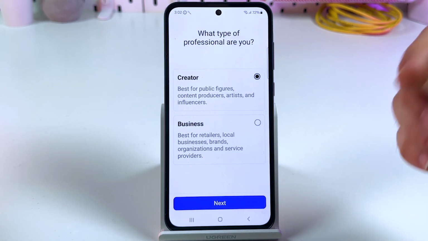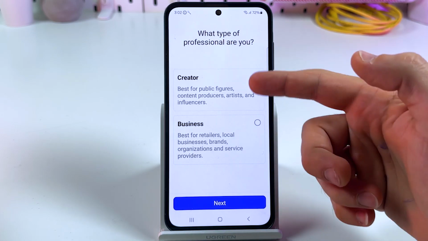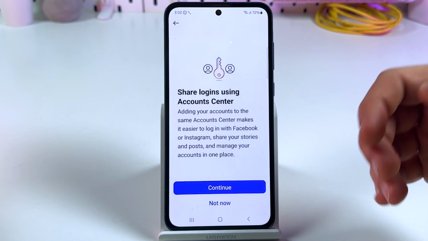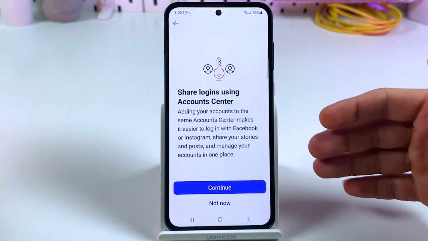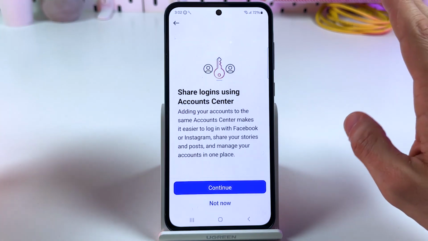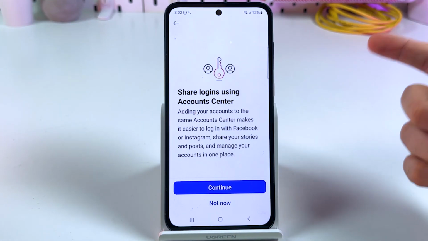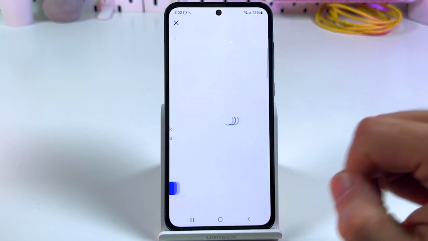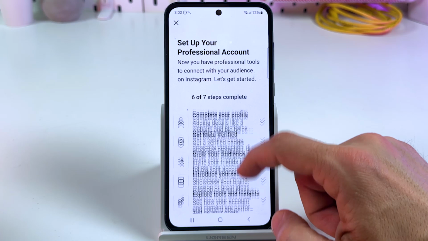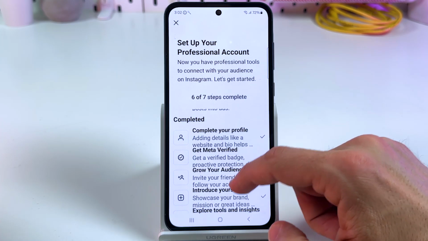And what type of professional are you, creator or business? I am creator so far. Tap on next. If you're using a lot of accounts from the same device, you can unify them to one account center to simplify login process. So I'm tapping not now, and here you can just close this page or follow this guide to set up